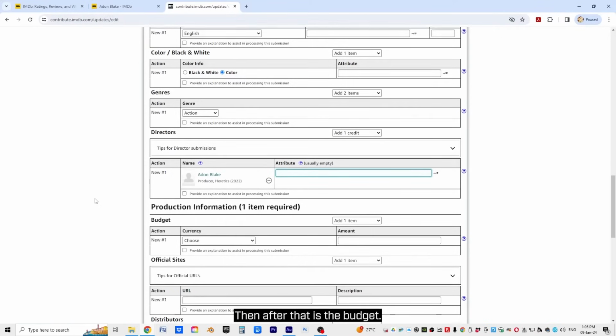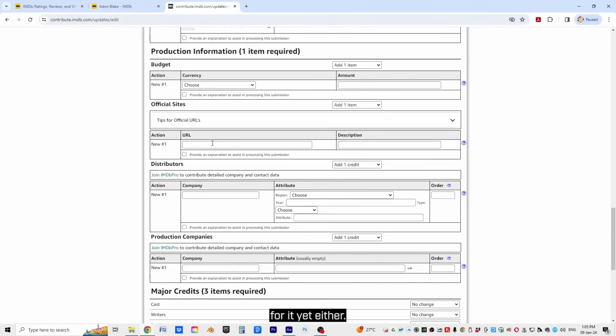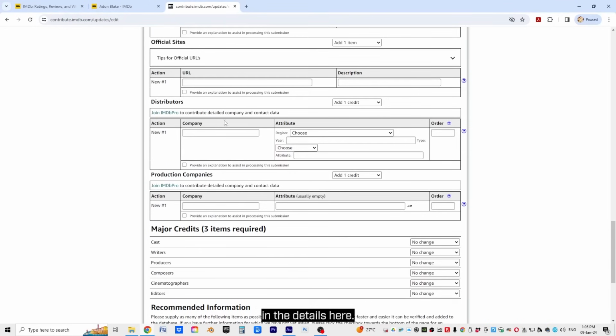Then after that is the budget. We don't have a budget for this one yet because we haven't made the film yet. We don't have any official sites for it yet either. If you have a distribution company, you can start putting in their details here. Then there's also the production company. So I'm going to do